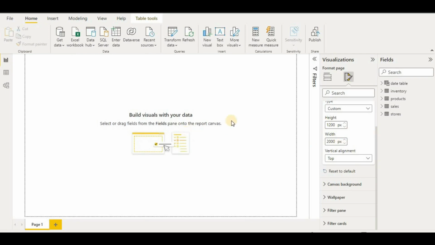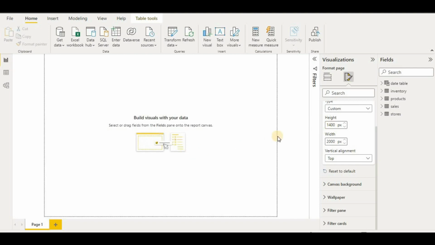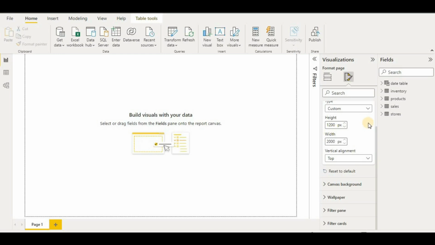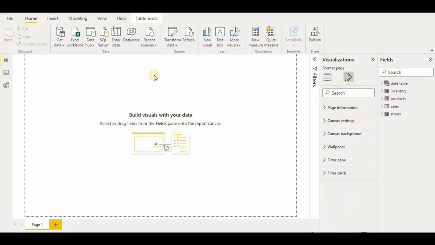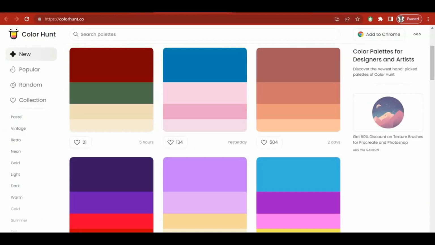So we have a size of a canvas here. Whatever size you like to put, you can put that. I will put 1400 by 1200 for this size. Now in the next part we will see how we can create our report in this canvas. So now we can use Flaticon.com to find icons for projects,